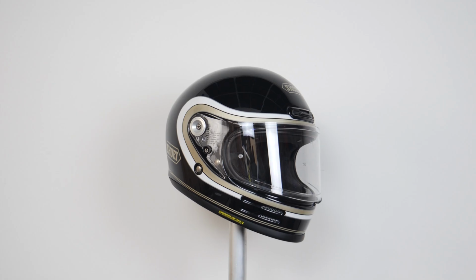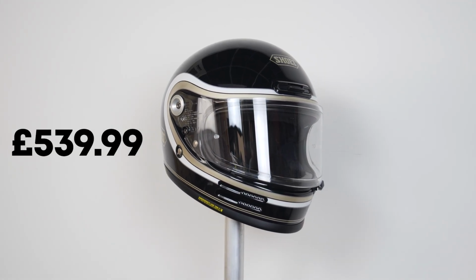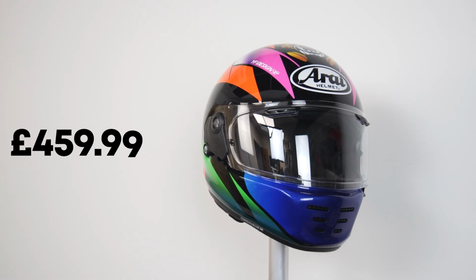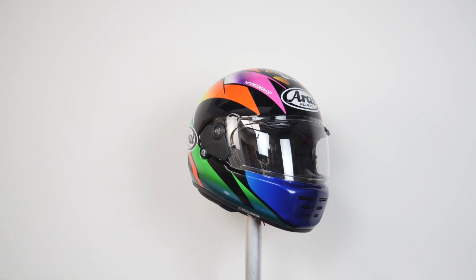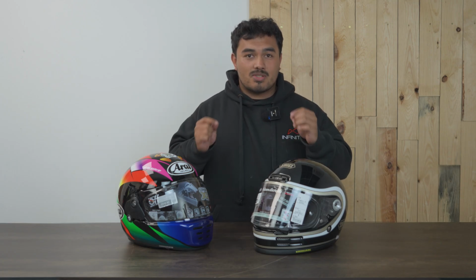Now, for the price point, this comes in at around $429.99 RRP all the way up to $539.99 RRP for some of those fancy graphics. For the Arai Concept-XE, it comes in at $459.99 RRP all the way up to $549.99 RRP for a cool graphic like this. Now, the graphics in front of you, the Glamster 06, I've chosen the two most difficult ones for me personally to say on camera,